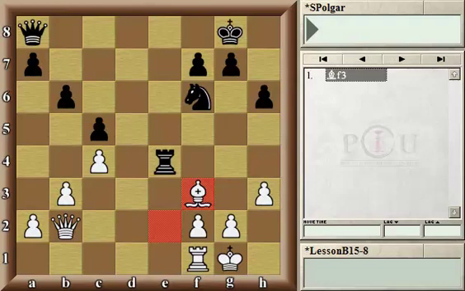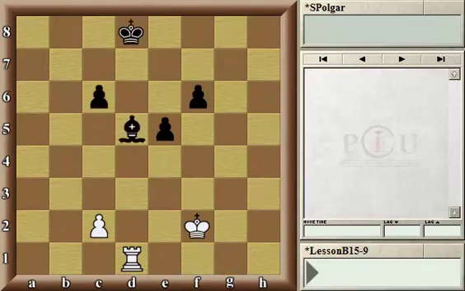Let's see some other examples where the pin already exists. In this position, we already have an existing pin, but in itself, it doesn't mean much, because the rook is of a higher value than the bishop. But at the moment, the bishop is guarded by the pawn on c6. So capturing the bishop wouldn't do anything, because we would give up a higher value piece for a lower value